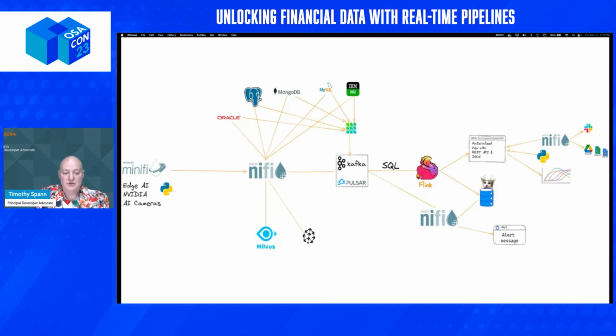That could be doing login analytics. It could be doing cybersecurity. It could be grabbing cameras. It could be running machine learning and deep learning and Gen AI models at the edge, and get that into